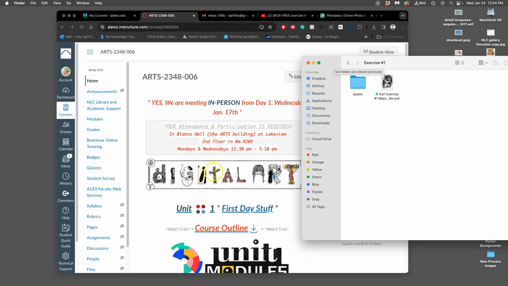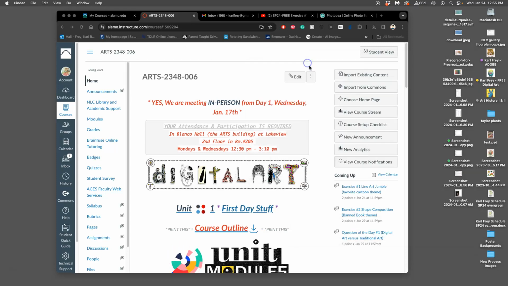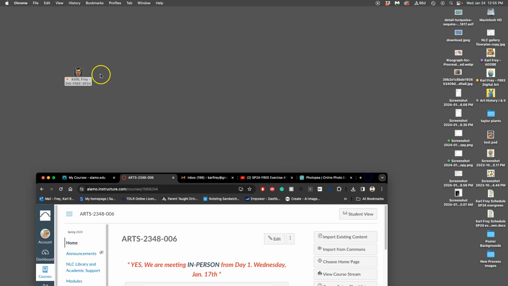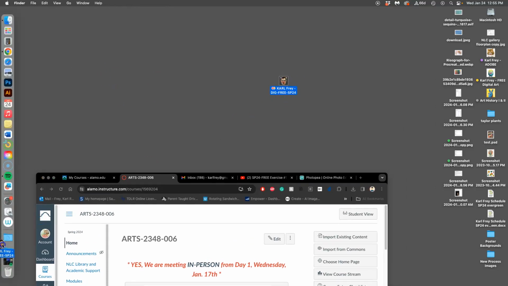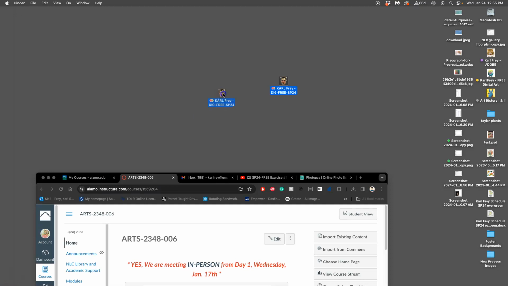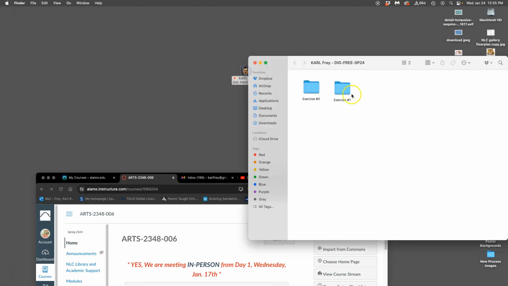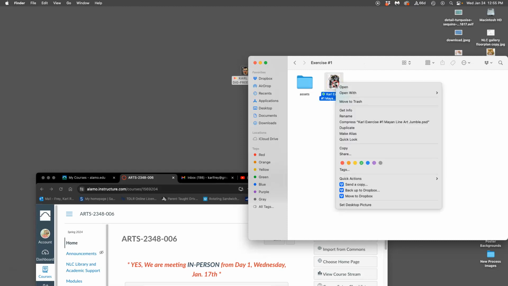Continuing with exercise 1, I have my PSD file here. It is nicely organized into a folder. So exercise 1, which is all nicely organized into my class folder, which I keep in documents and then pull out for class, right? The problem is if I double click on this project, it will open in the default